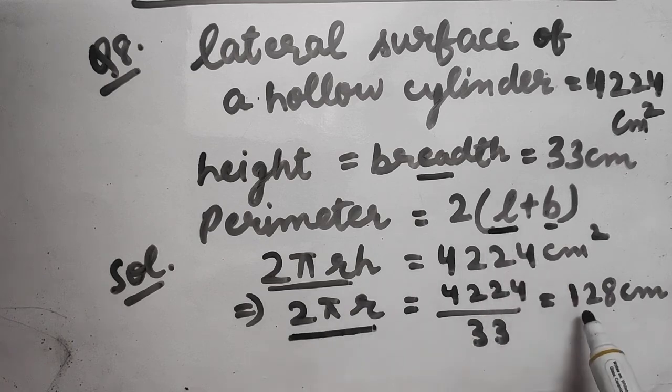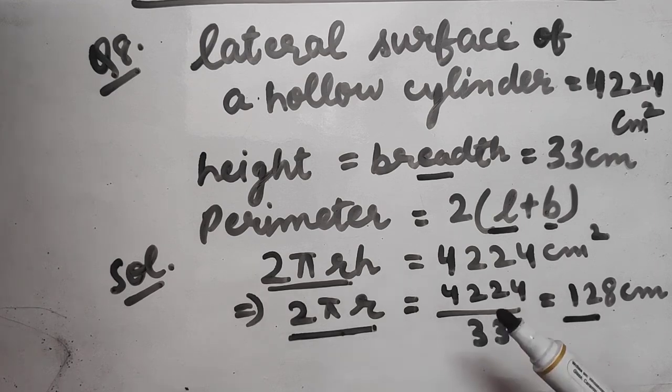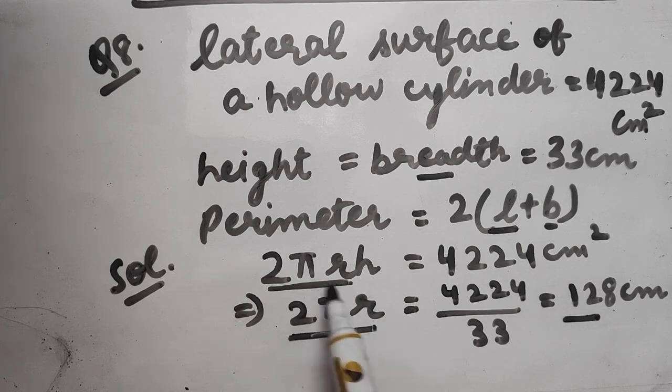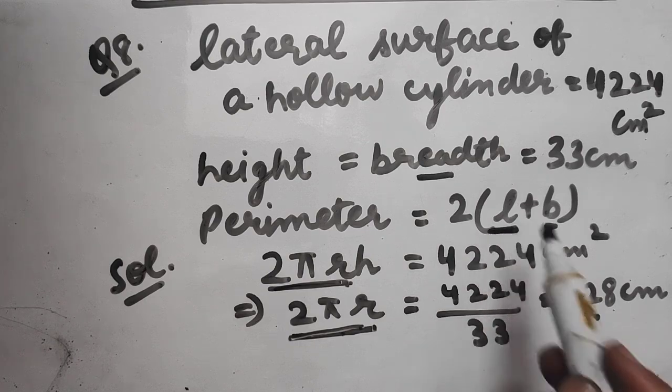So this is how we got the length of the cylinder. Dear children, when we make a circle out of a rectangular sheet, this we have discussed in the previous lecture also, the length of the rectangular piece is equal to the circumference of the circular end. That is why we have calculated 2 pi r, as this will give you the length of the rectangular piece. So 2 pi r, that is equal to 128, is equal to length.